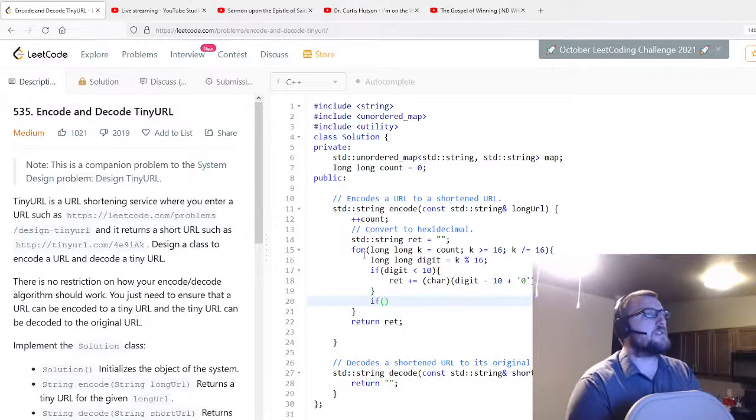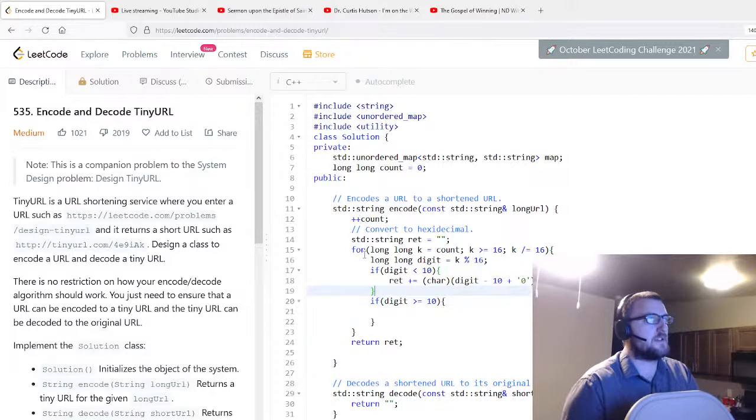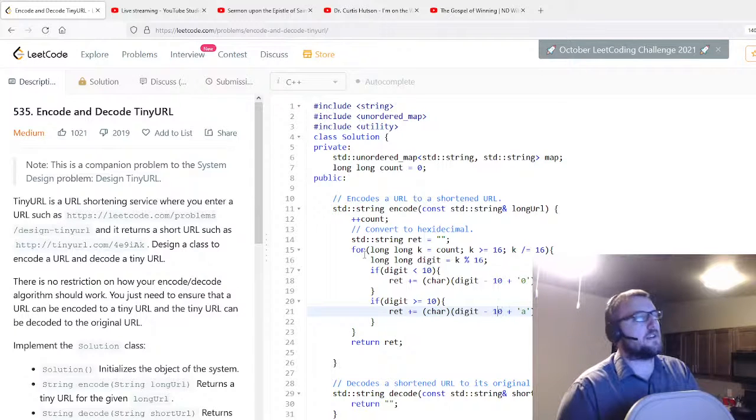If digit is greater than or equal to 10, then we're going to do a similar thing. But we're going to add a and also subtract 10 now. Actually it's just going to be plus. Less than 10 we just add 0, so we get the 0 digit. Otherwise, if we're greater than or equal to 10, we subtract 10 and add a. Yeah. And you do the same thing for